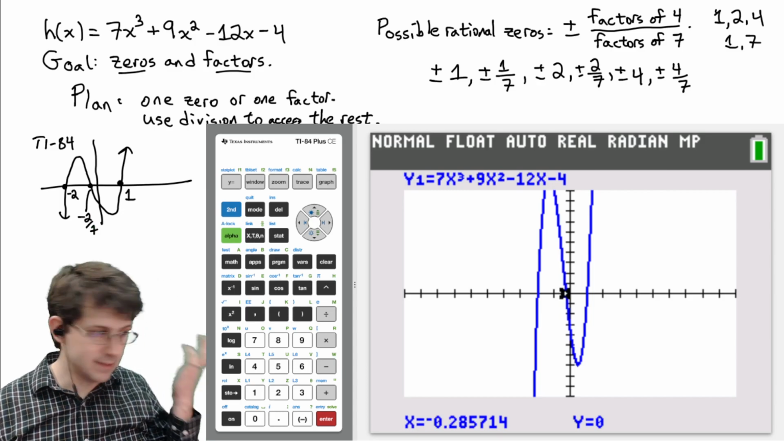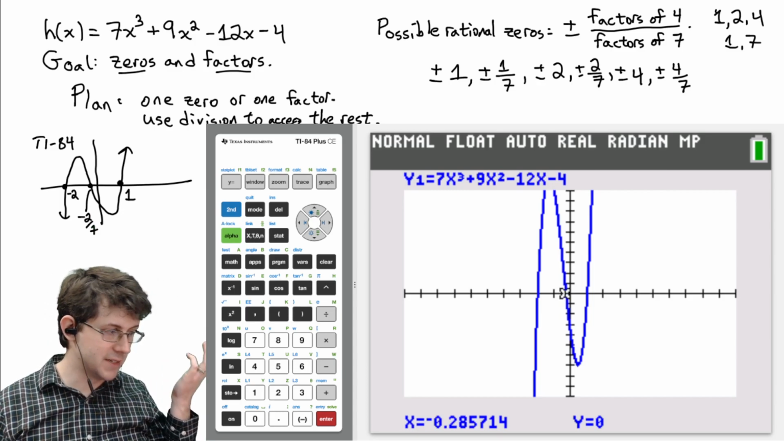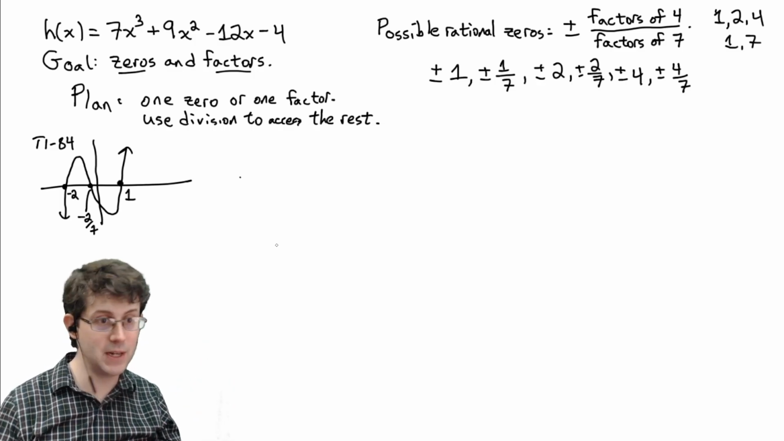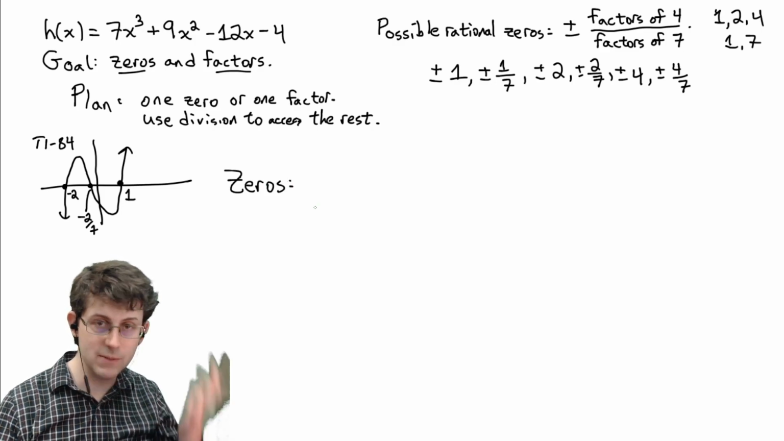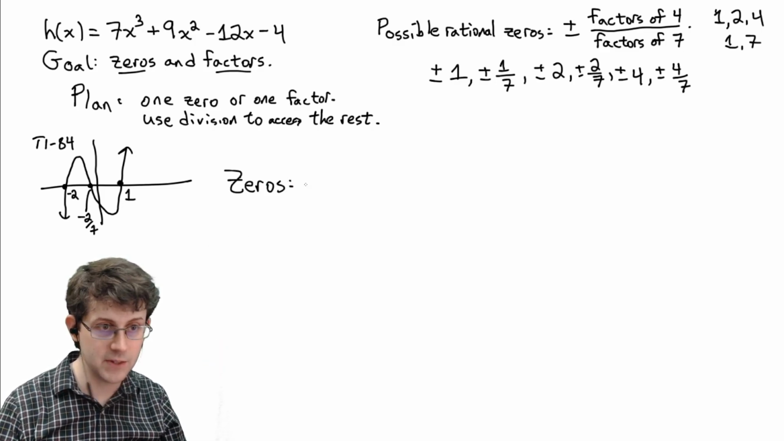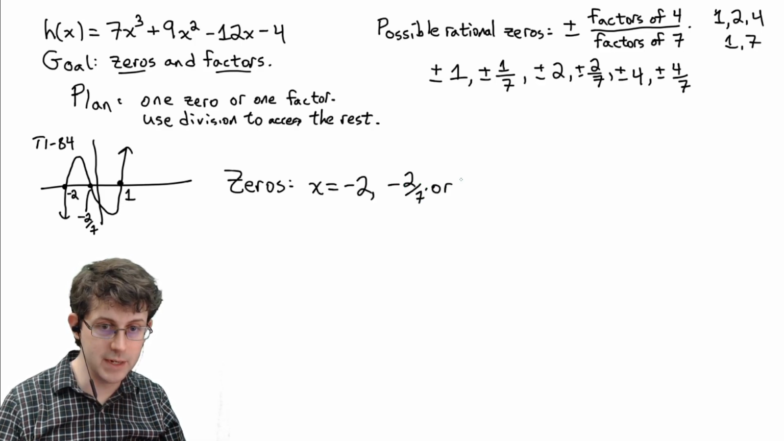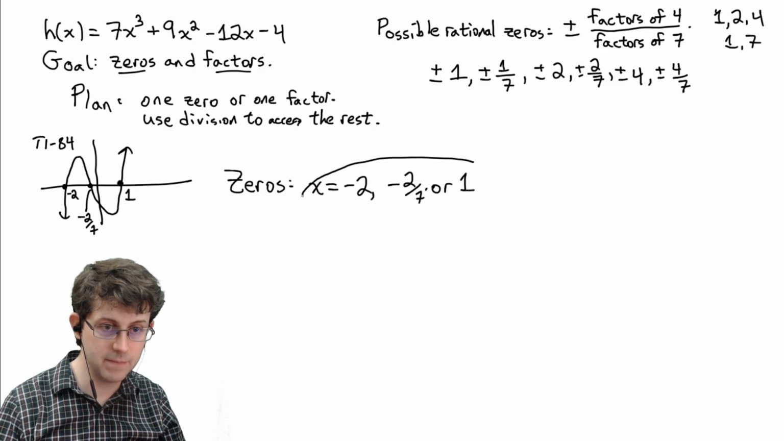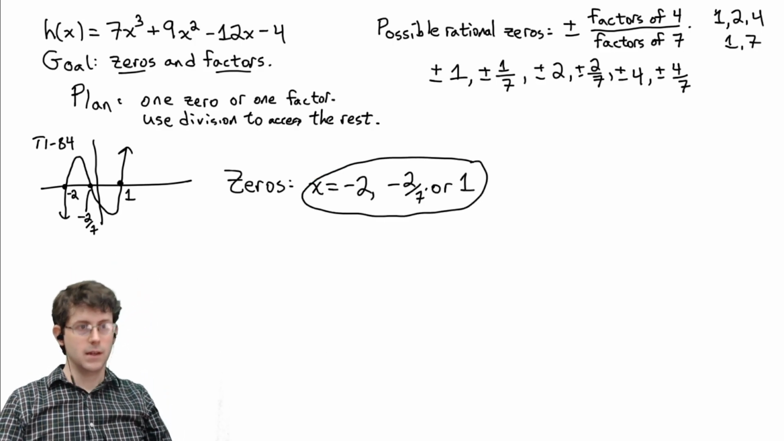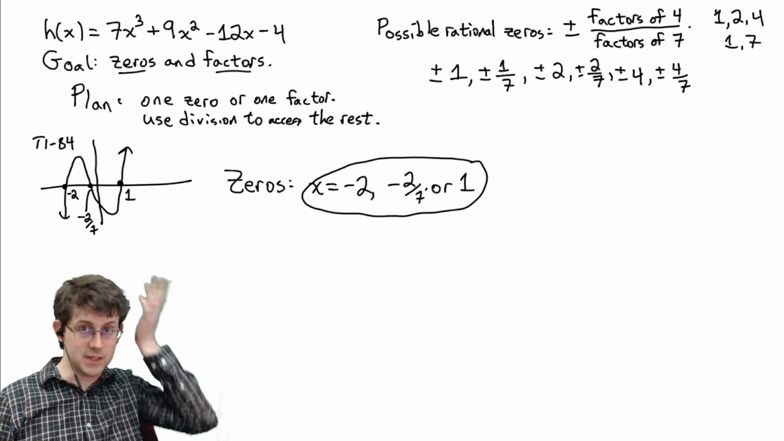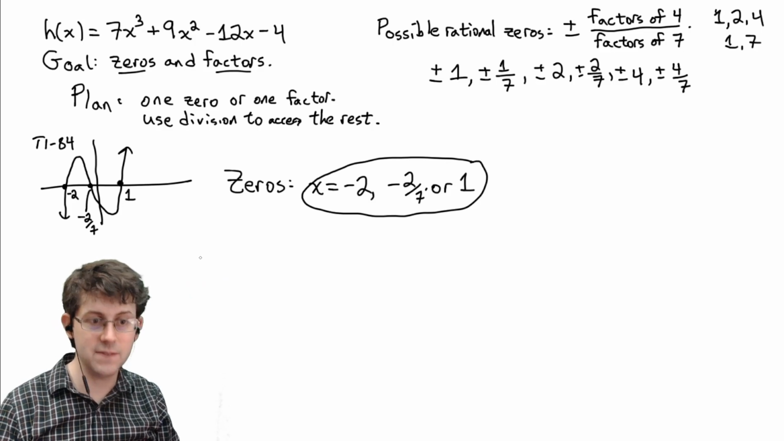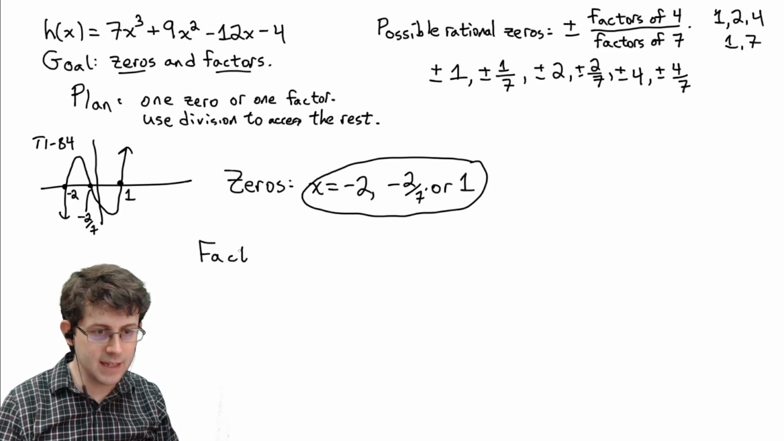In this case, the calculator just found all the answers. We could see them all on the graph. So the zeros, all of them came out to be rational numbers that were in our list. So the zeros are x equals -2, -2/7, or 1. And that's all the zeros. Sometimes the question just asks you for the zeros, and sometimes you get lucky and you can just get them all from the graph. Even if you get all of the zeros from the graph, that doesn't tell you the